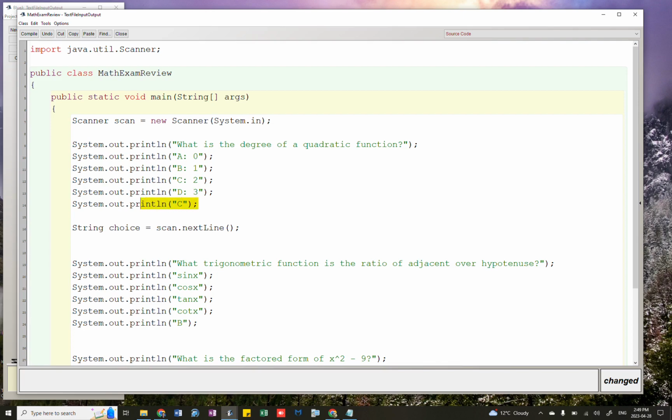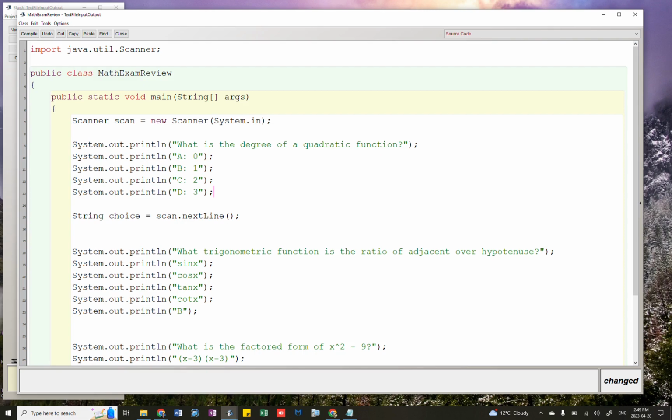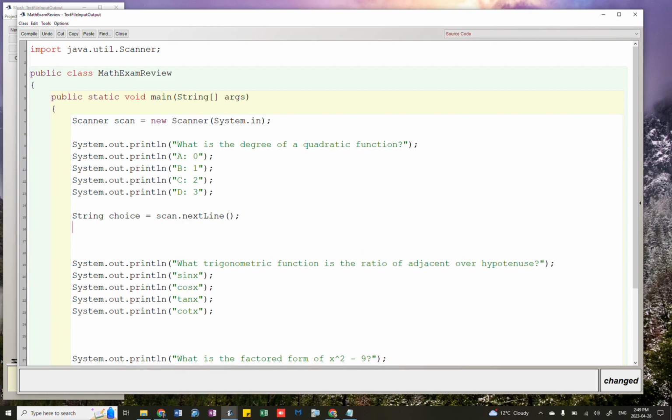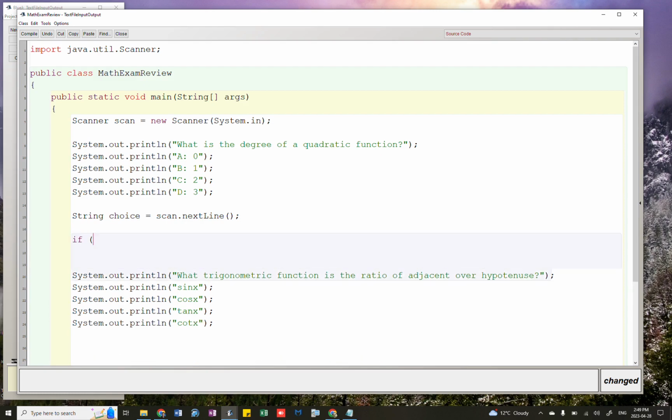Oh, the last thing, I'm going to delete this here. Sorry, that's the actual answer. So I'm realizing I have the answers printed here. Obviously I don't want to print the answers. But what I want to do is ask if their choice dot equals, in